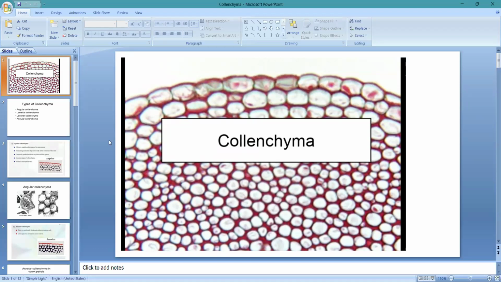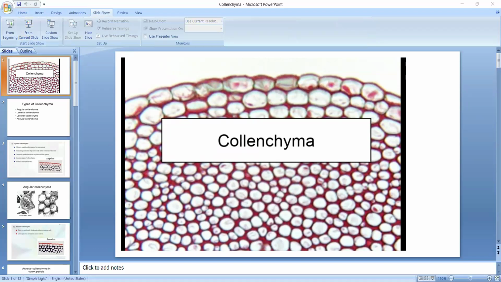Coming to the cell structure, mature collenchyma cells are living cells and contain protoplast. It has a large amount of hemicellulose and pectin in addition to cellulose. See here, this is very important. What is the composition of the cell wall? The parenchyma cell wall is made of cellulose, hemicellulose, and calcium pectate.